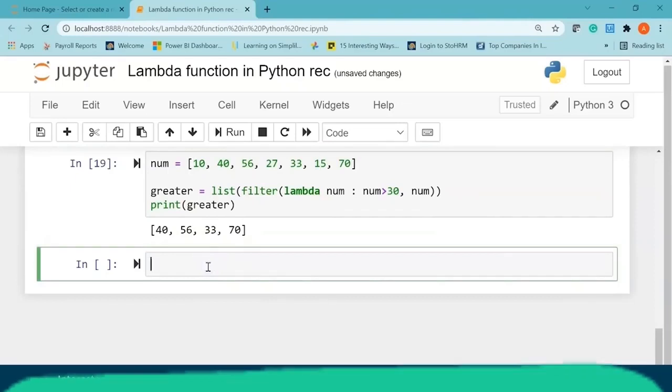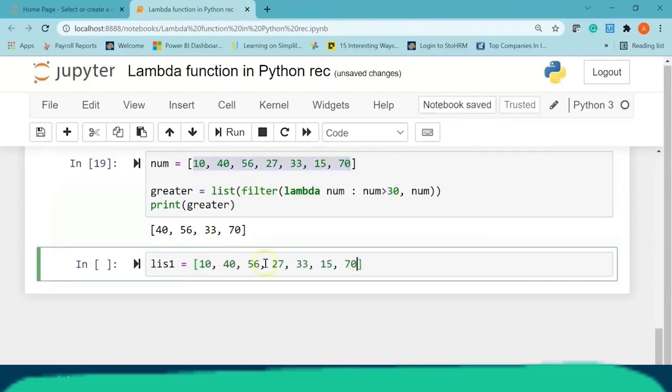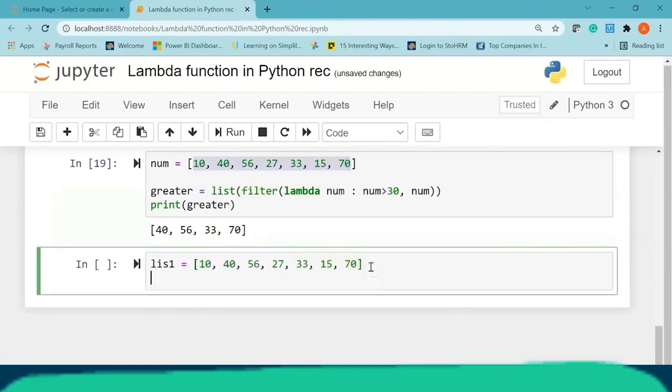Now let's say you want to filter a list of numbers that are divisible by 4. So I'll create another list called list1, and let's say I'll have the same values in the list, so I'll just copy it and paste it here, and I'll create my variable, let's say divide. I'll say divide equal to